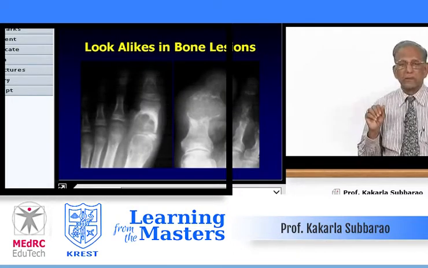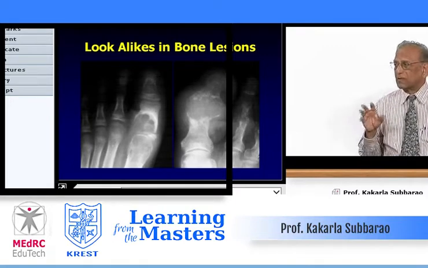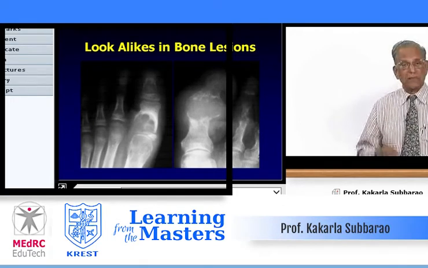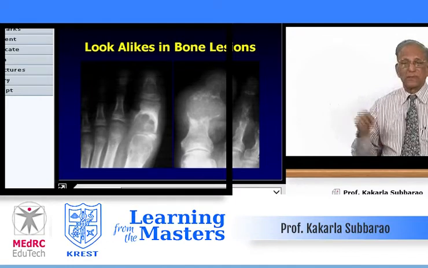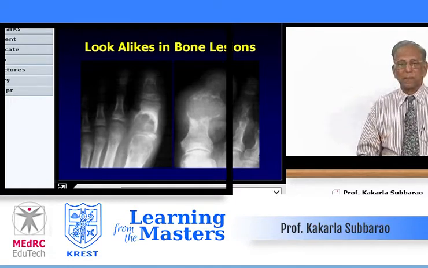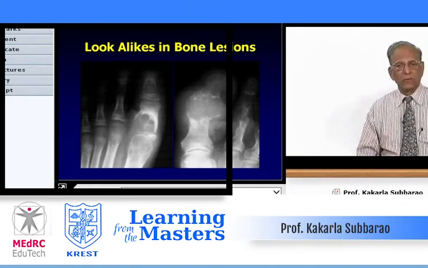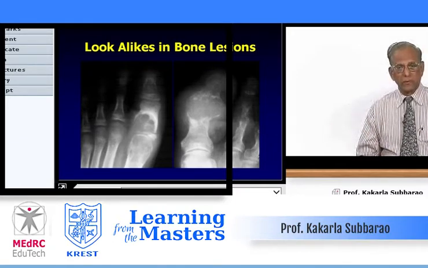Concentrate on the toes of both feet. If you look carefully, in the one on the left side, the epiphyses are not closed. So he is a young person. And the lesion is lytic, no doubt, with a sclerotic border, expansile, some trabecular margins are seen. And it goes all the way to the articular margin. So what is it? First of all, is it benign or malignant? And then, of course, we can rule out congenital lesion, inflammatory or infective. There is not much periosteal reaction. So you should think of a